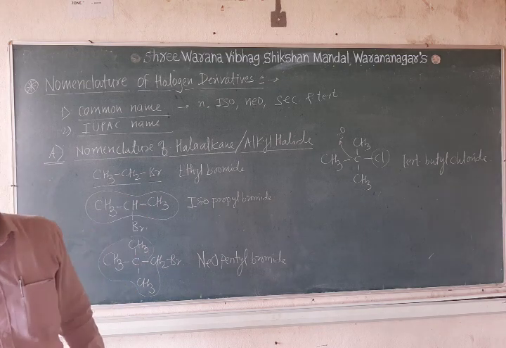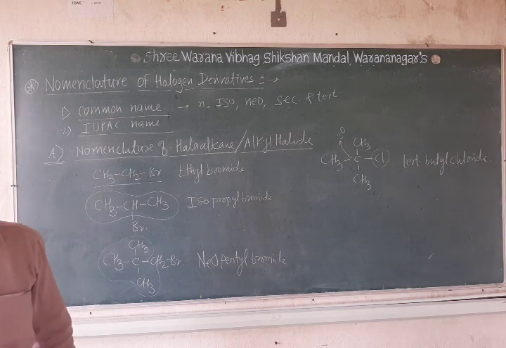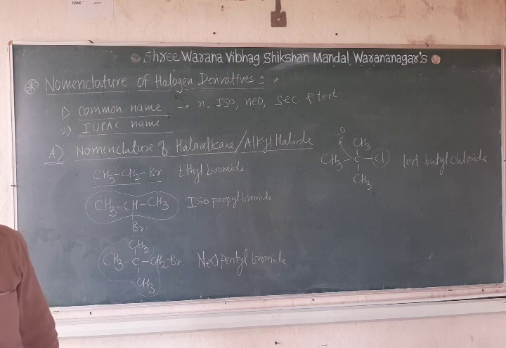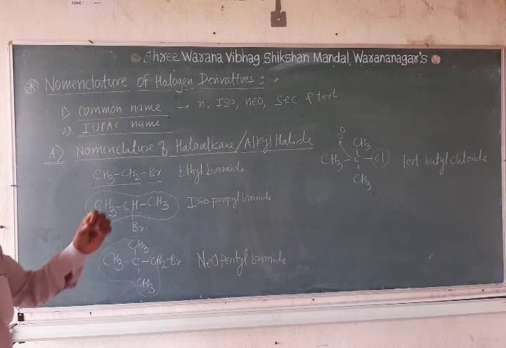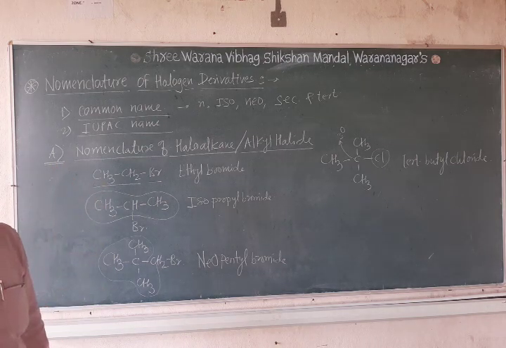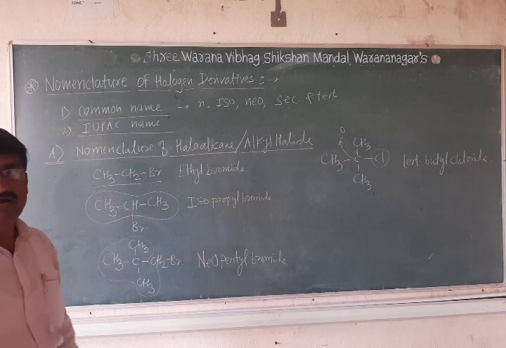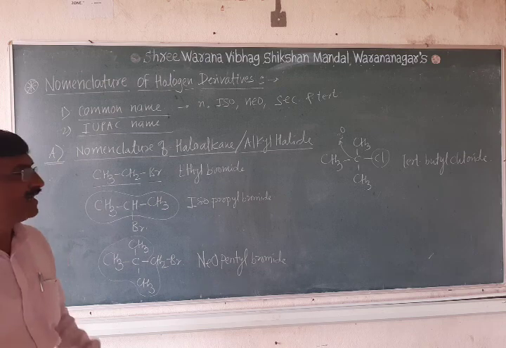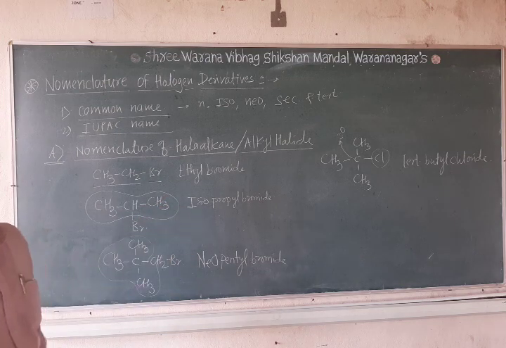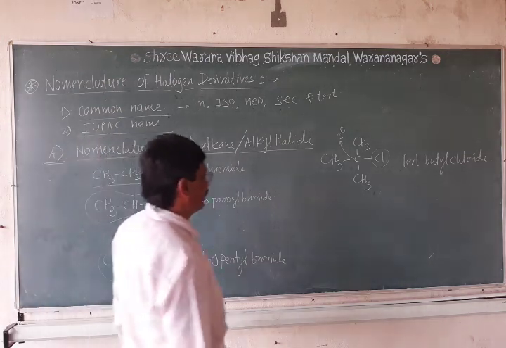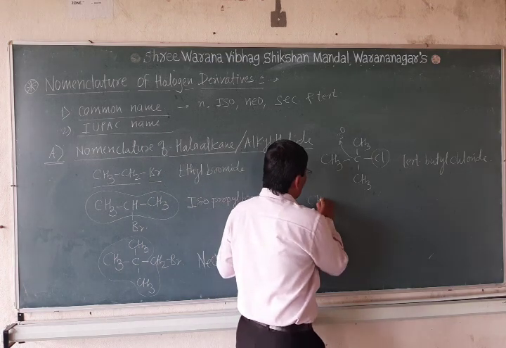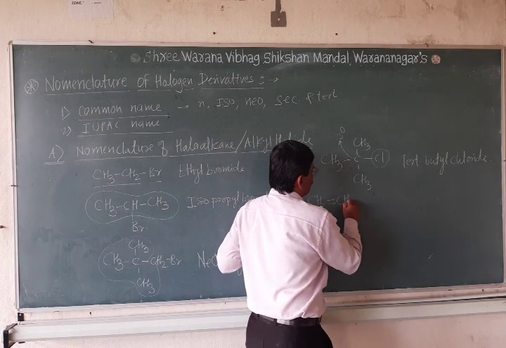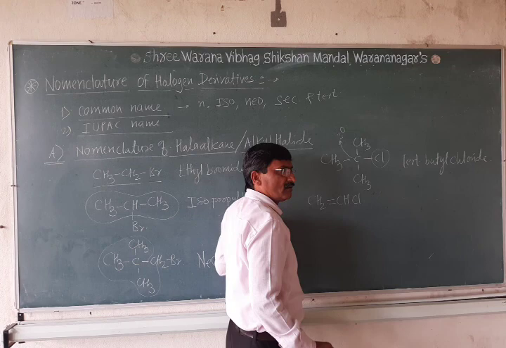Like that, the tertiary butyl chloride is there. Instead of that, if you take under consideration the carbon-carbon double bond, that belongs to the alkene. Carbon-carbon triple bond belongs to that of the alkyne. At that time, the names of the compounds are like this: if you take CH2=CHCl, the common